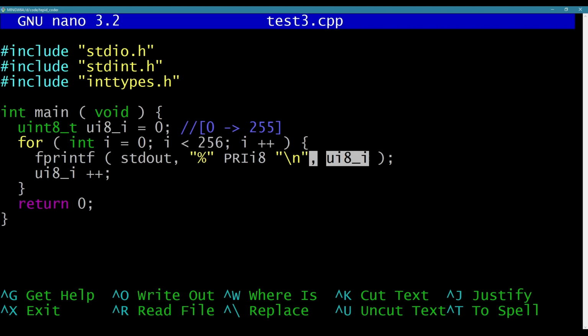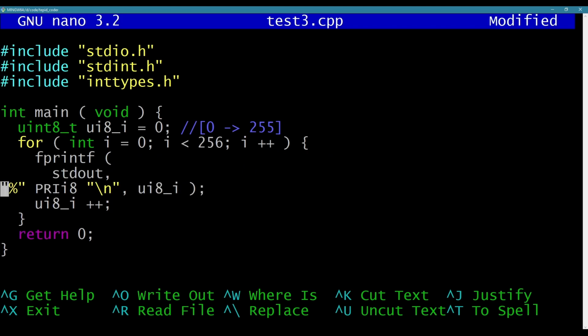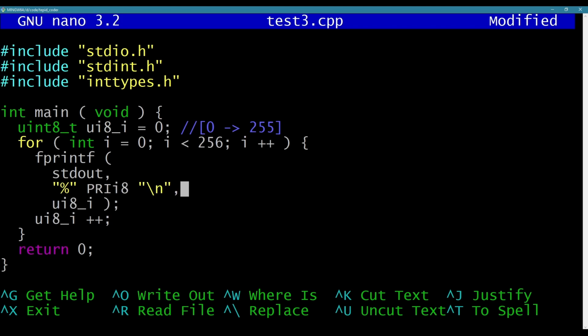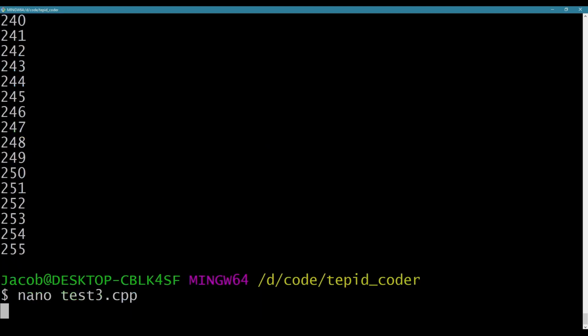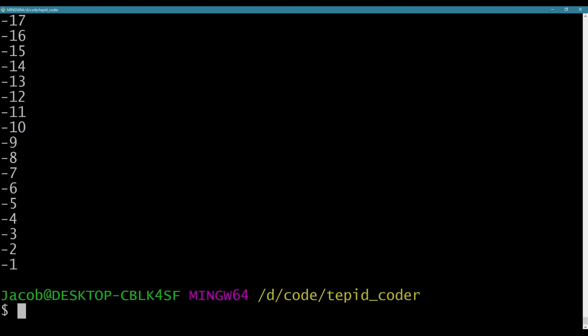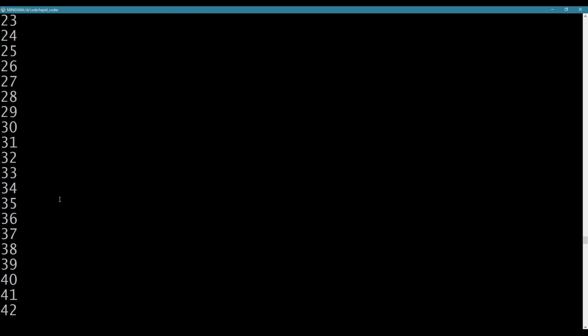I think what's happening is this is probably promoting it to a different storage type that's slightly bigger when it passes to the function, like an integer. It's probably type punning happening. So, trying to think of a way I can avoid the type punning. I'm just going to do this. A static cast to int8_t. I'm going to treat this unsigned value as being a signed value. There we go. So the same value, 0 to 255, you can see can also be represented with a range